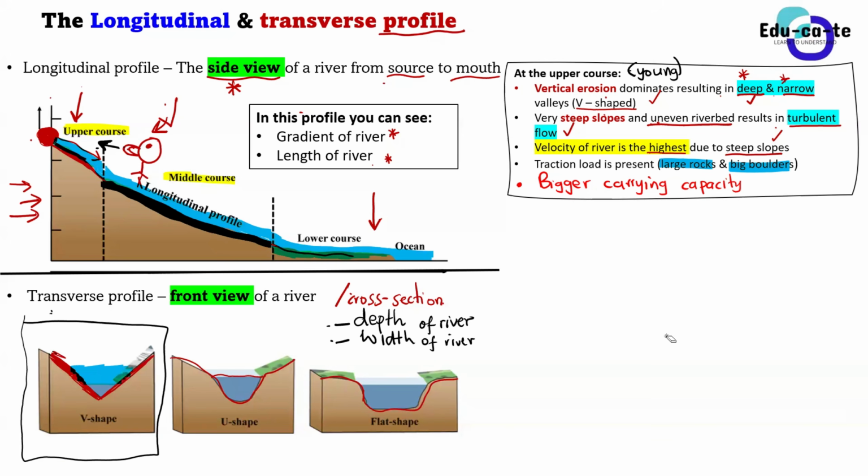We say that at the upper course, the river is young and energetic, because the river is flowing fast, right? We can relate it to us as humans: when you are young, you are energetic. So the river is young at the upper course because it is flowing so fast and carrying a lot of things at once. That's being young, just like us as humans. If you are young, you can do more things compared to an old person. All right, so this is the upper course. Know these characteristics, Grade 12s. They are extremely important.